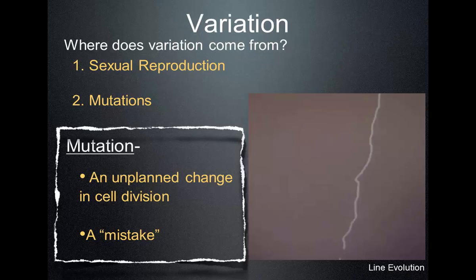If you're copying down the recipe to make some brownies that your friend gave you, you may accidentally write down the amount of an ingredient incorrectly, right? You might make a mistake. Are those brownies going to be the same as the brownies your friend made? No. Could they be better? Maybe. It depends on what the mistake was. Could they be worse? Yeah. Could they be about the same? Yeah. So this is like a mutation. Sometimes a mistake gets made in copying the DNA.